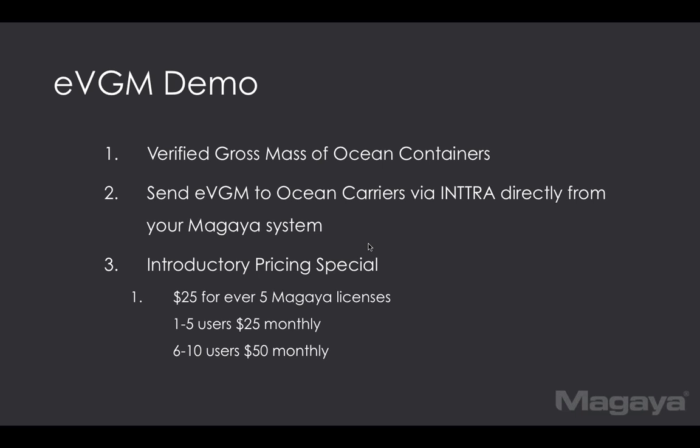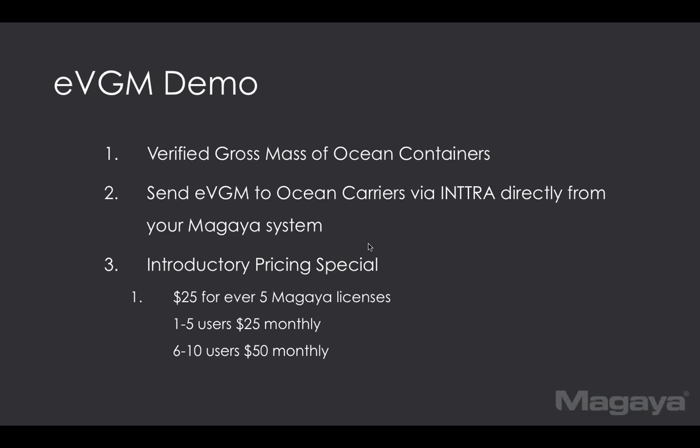And the way that is sold is $25 every 5 Magaya licenses. So if you have 2 licenses, you would pay $25. Anywhere from 6 to 10 or 7 licenses, you would be able to pay $50 monthly. The new price for you who don't have Intra and want to be able to use the EVGM is actually